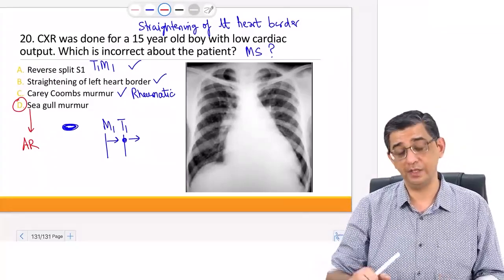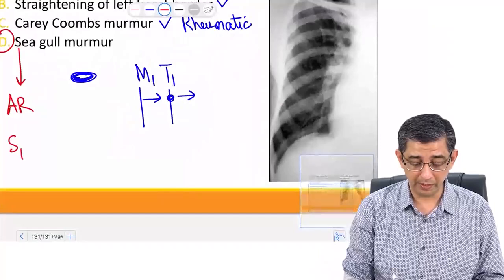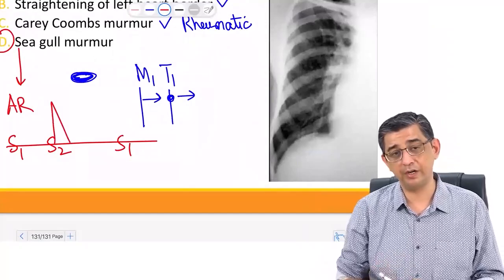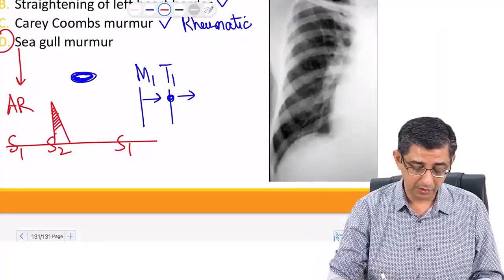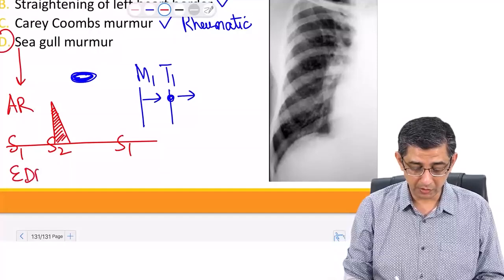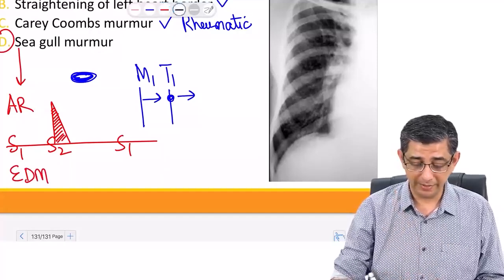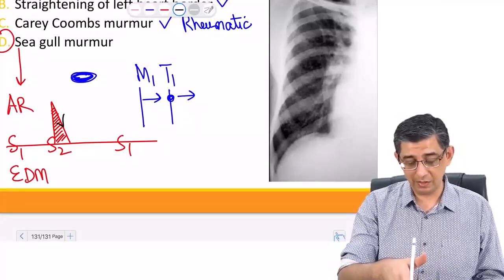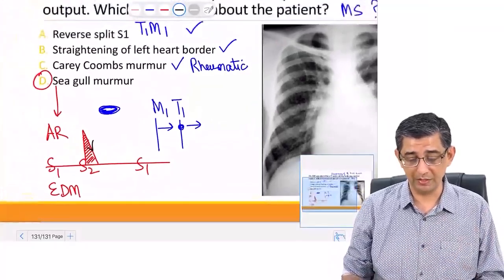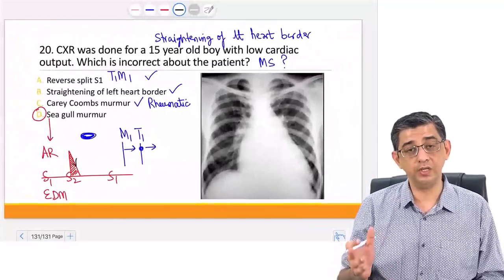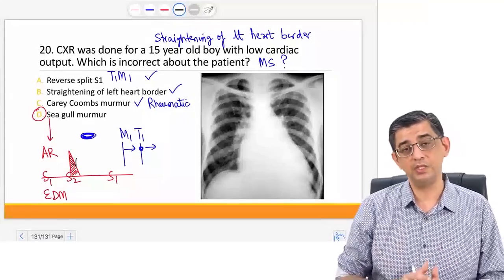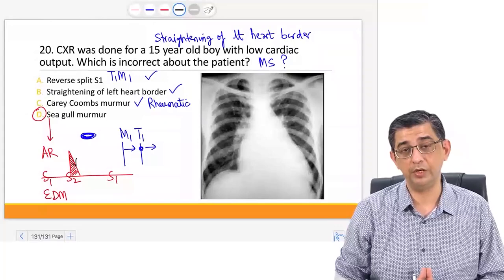You see, aortic regurgitation has a decremental murmur. What I mean by decremental is that if you auscultate an aortic regurgitation patient of mild to moderate variety, the murmur intensity will reduce right in the early part of diastole. The murmur of aortic regurgitation is called an early diastolic murmur, and it has a decremental property. So as the sound decreases, like a bird going away from you, that is the nomenclature here. Seagull murmur is seen in aortic regurgitation, whereas what we are discussing in this case is mitral stenosis. So these are a couple of questions from the cardiology domain that I want you to be thorough with, and